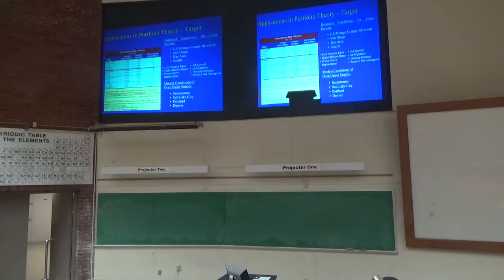We should sell out all of those markets on the bottom, take all of the money from the sales, and deploy the capital in Orange County, San Francisco, Seattle, San Diego, and Los Angeles. Because not only did they give us high rates of return, well above the 12% hurdle rate, but they gave us the highest return to risk ratio over the investment time period.